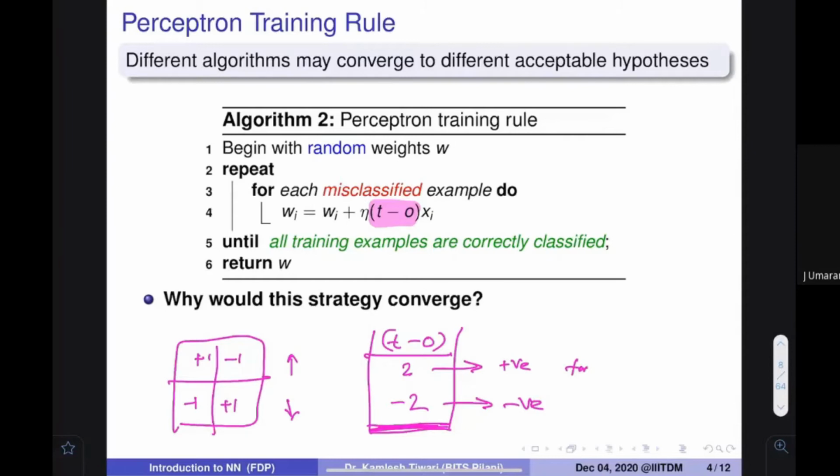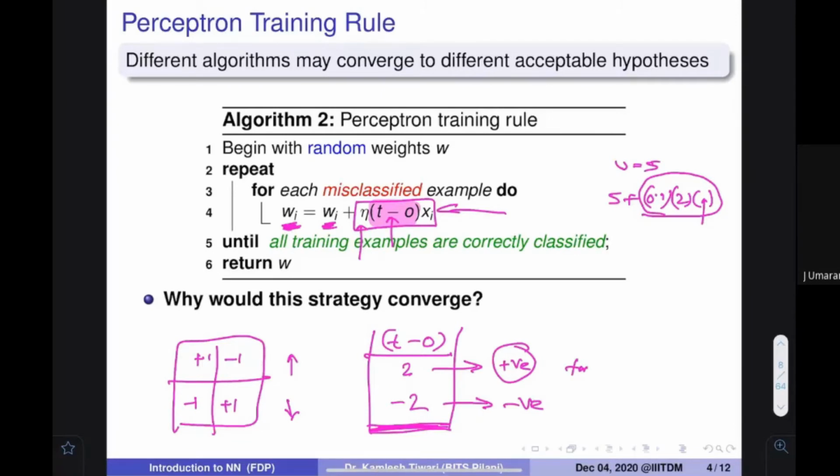Whatever weight Wi you have, for example, weight is equal to 5, then it is 5 plus eta. Eta is a parameter I multiply with a constant so that the weight doesn't increase very much, and then there is target minus output. It is positive, so I put a positive number 2 over here, and then xi. Xi is again the value of x. It's just a dynamic factor. All these items in the multiplication we can assume are positive.